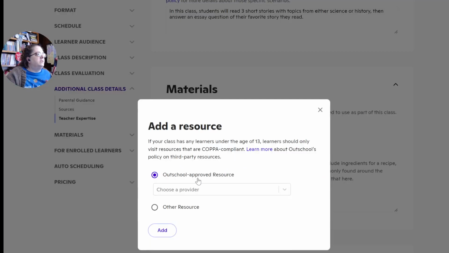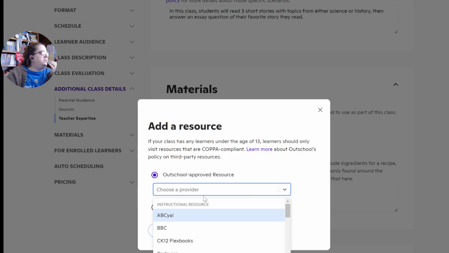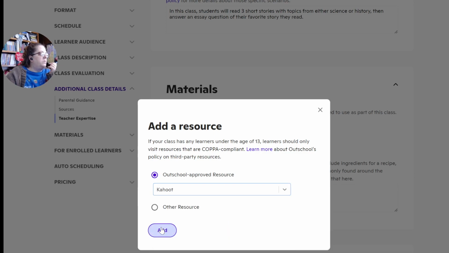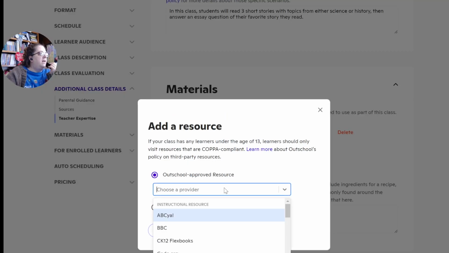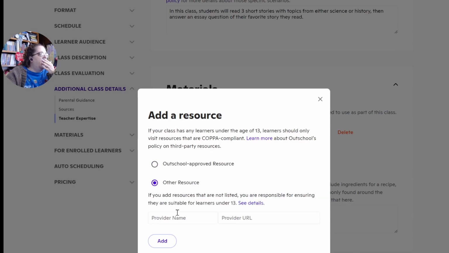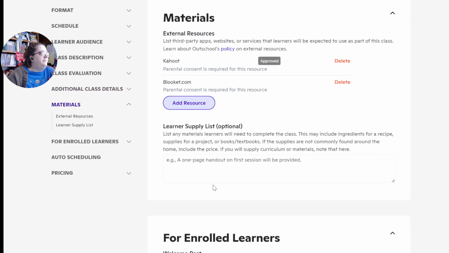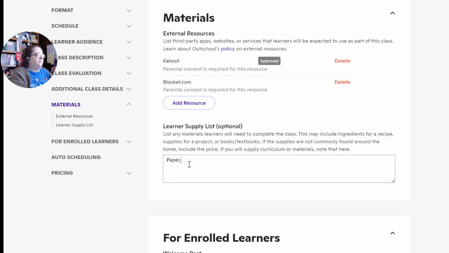This would be external resources. So for a lot of my classes, I do Kahoot and Gimkit and Bookit. So you want to click on and find it and put it in there. If it's a resource that's not on the approved list, you click on other and put the URL there. Like I know Bookit.com is not an approved resource, but I use it often in my classes, so I would put that there, okay? This is a supply list that you would need, like if they need paper or they need pencil, okay,